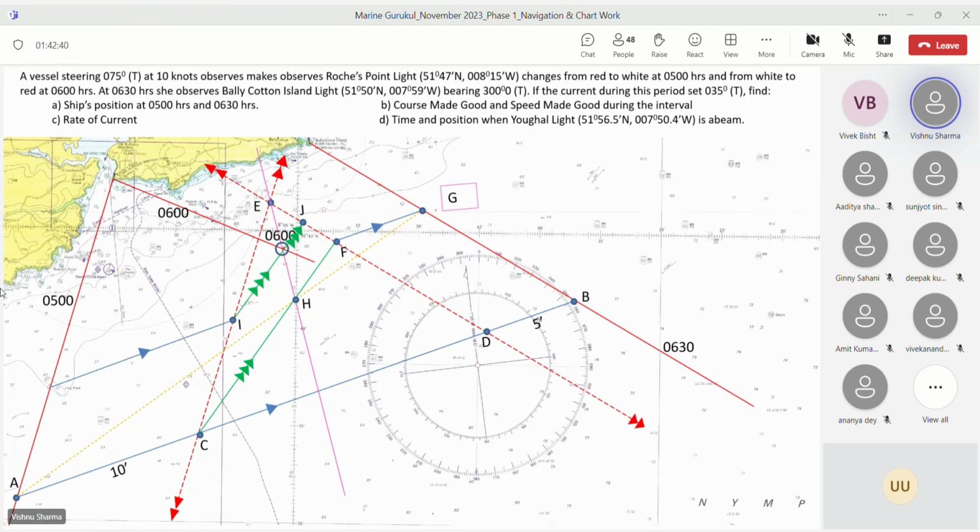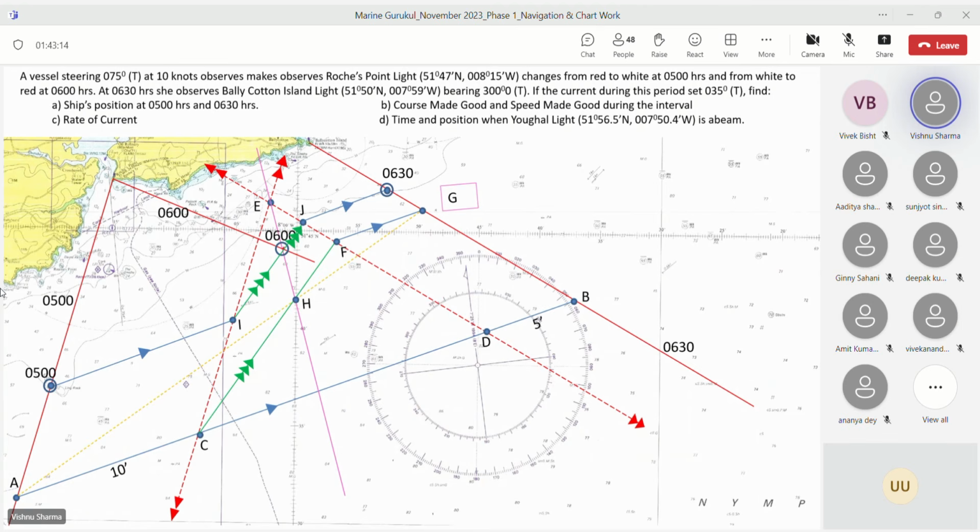What do we mean? CTS from I, of course, it will go backwards, but the arrow will be in the right direction. This is the CTS drawn through I to intersect the 5 o'clock PL. And where this CTS cuts the 5 o'clock PL, that is the 5 o'clock fix. Likewise, you draw the CTS through J to cut the third PL, and where it cuts the third PL, that is the 630 fix. So now you have got all the 3 fixes.